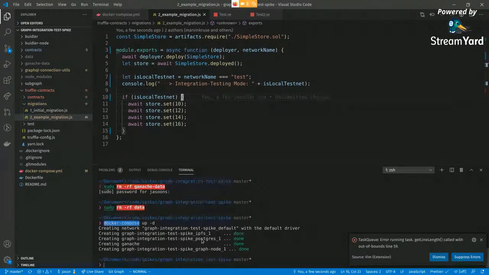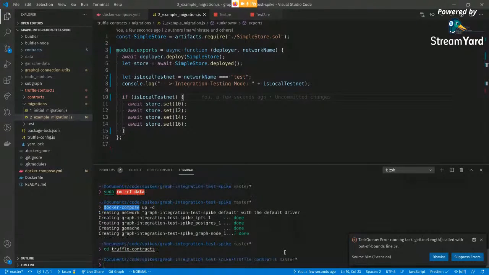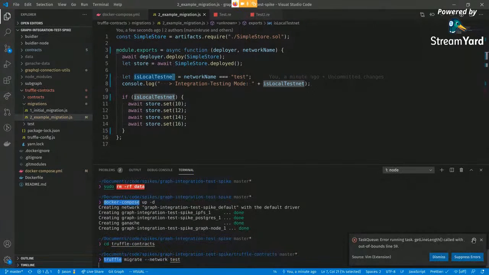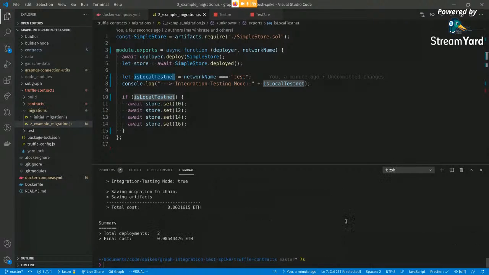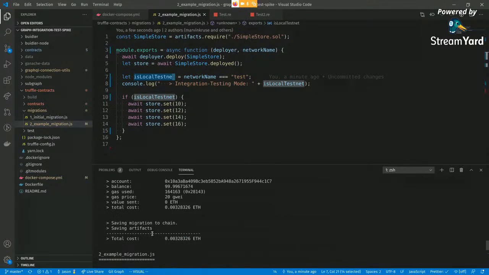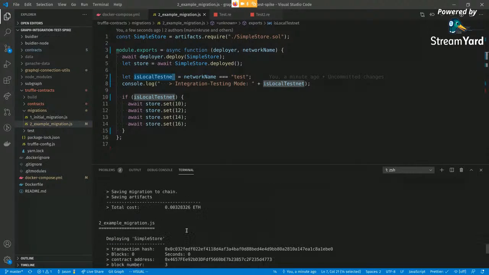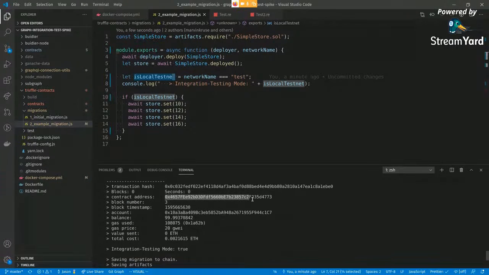Cool, so while we're here, let's go into Truffle contracts. Truffle migrate network, not mainnet, network test. So you'll see this condition will be true and it'll run this code. Okay, got it. I don't know what these errors are. Okay, there you go. So it's deployed the contract, and it deployed the contract with this address,